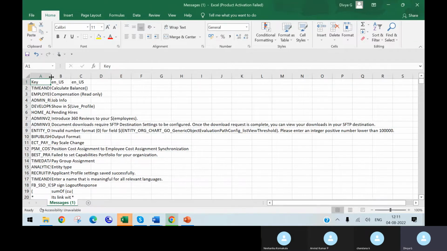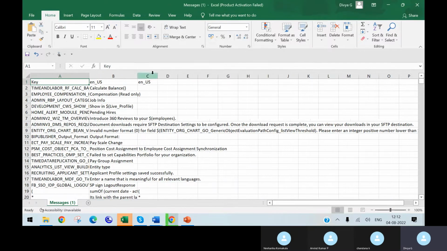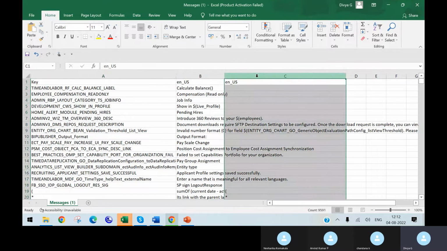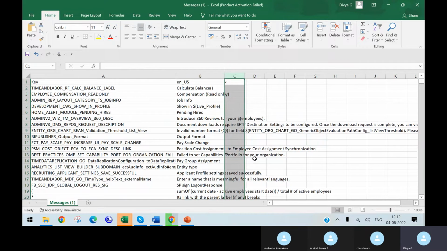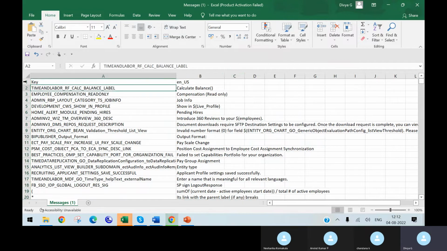This one, right? Here we'll have one duplicate one, we can delete that one field. So if I keep filters here,